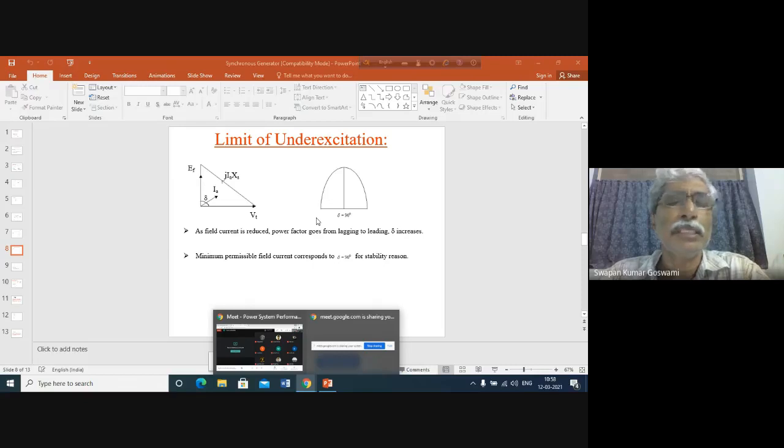So obviously, you can guess that when the load on the system is high, when there is a heavy demand for power from the customers, from the consumers, then the generators should supply active power, and if possible, they should supply reactive power as well, because somebody has to supply reactive power, and the loads will be consuming that reactive power.